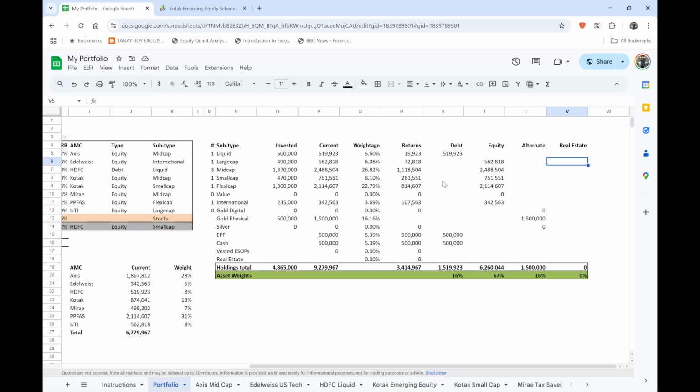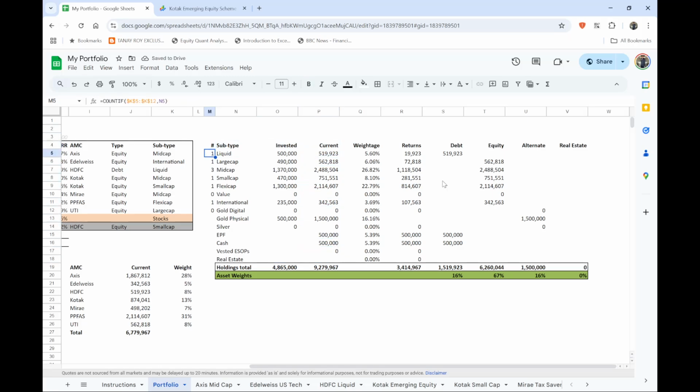I've given a column for real estate also, because a lot of you might be holding real estate. Real estate row is given here. If you want to just know that you have 1 crore worth of real estate, just type it in over here and accordingly mention 1 crore over here as well. So it will take it accordingly. For now I'm just removing it because it distorts a lot of values, but you have understood how the